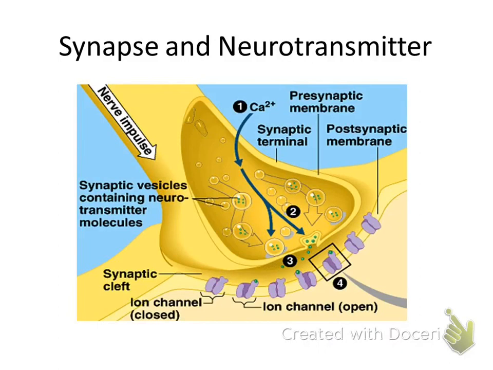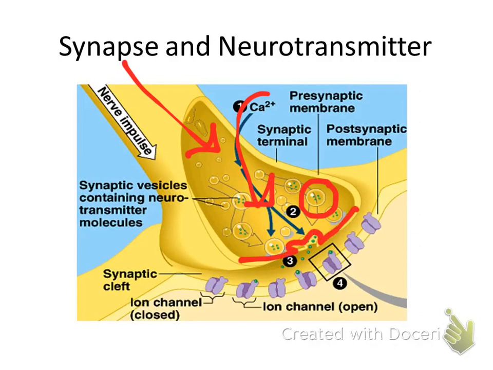Okay, so this is a pretty tough concept. Let's go through it real quickly. The first thing is that the nerve impulse gets to the end. Calcium comes in and surrounds the vesicles. The vesicle is fused to the terminal, which releases neurotransmitter into the synapse. The neurotransmitter binds to the receptor protein on the postsynaptic